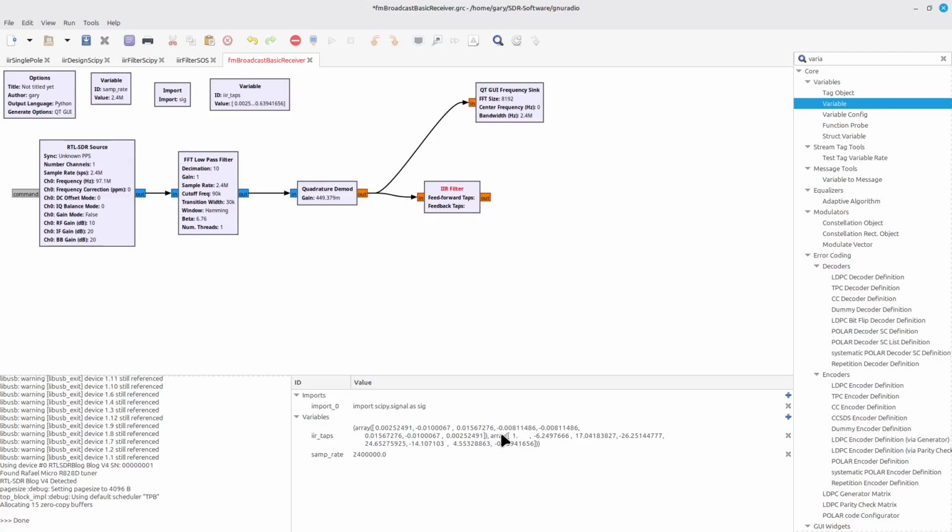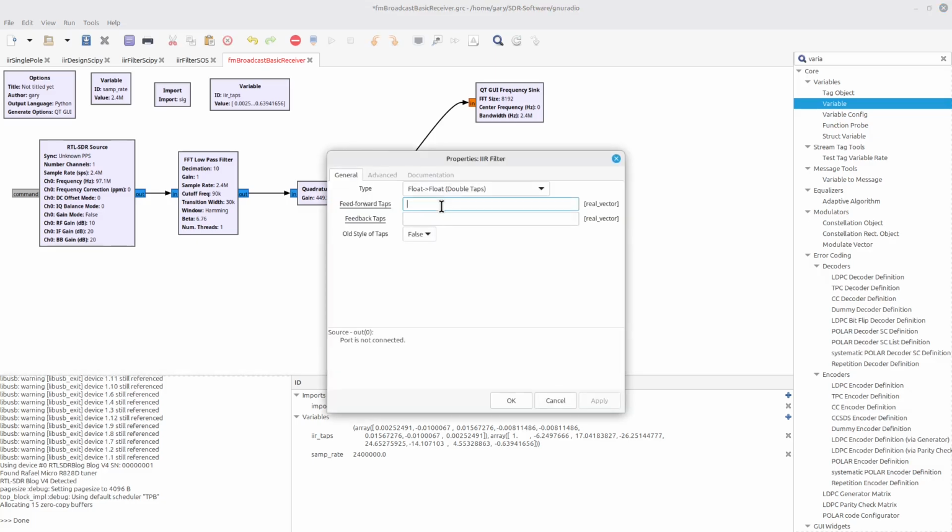Now remember, B means the feed forward, A means the feed back. To put that in here, I'm going to say IIR underscore taps, and because they're zero indexed, the first one will just say 0. So open brackets, 0, close brackets. Second one, IIR underscore taps, 1.